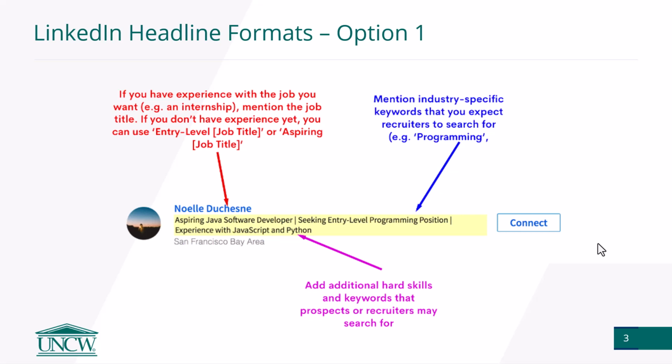The next section is going to be industry-specific keywords that you expect recruiters to potentially use, and you would take this information, as we've talked about before, from sources such as the job description, Pathway U, and looking at that information about the roles that you have interest in, informational interviews you might do with people at that organization, etc. And then finally, the last area is talking a little bit about potential hard skills that you have. Soft skills really aren't that useful in the headline. So hard skills are what we're going to be looking for here.